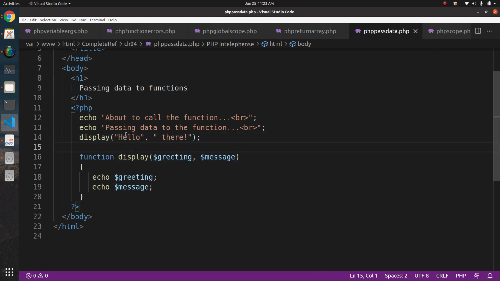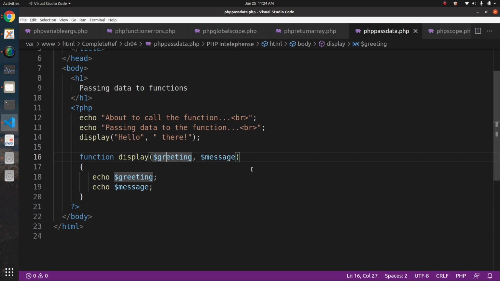So you passed two arguments. Either you can pass two strings or two values, and you can also pass two variables as well. If you wanted, you could have created two variables and passed them, and that will also work. So now what will happen is this value will be copied into this variable and this value will be copied into this variable. Now an important thing to remember is that in this case the value is being passed by value. The argument is being passed by value.